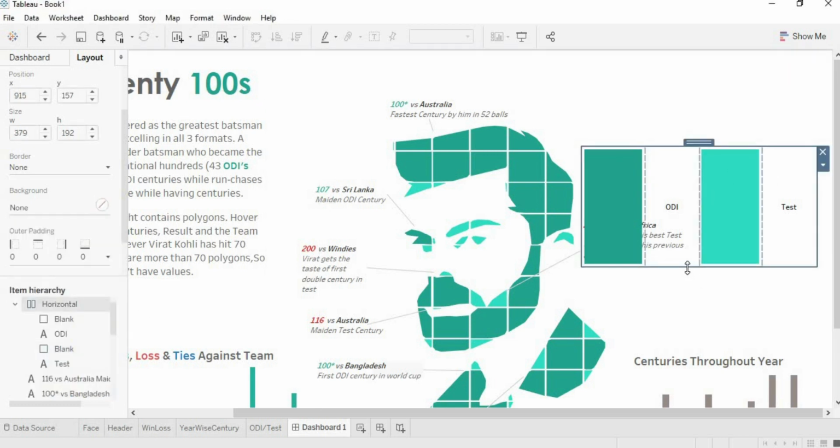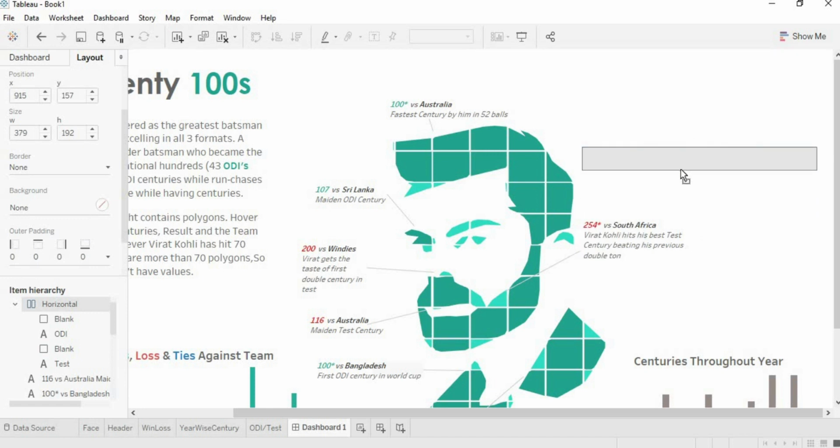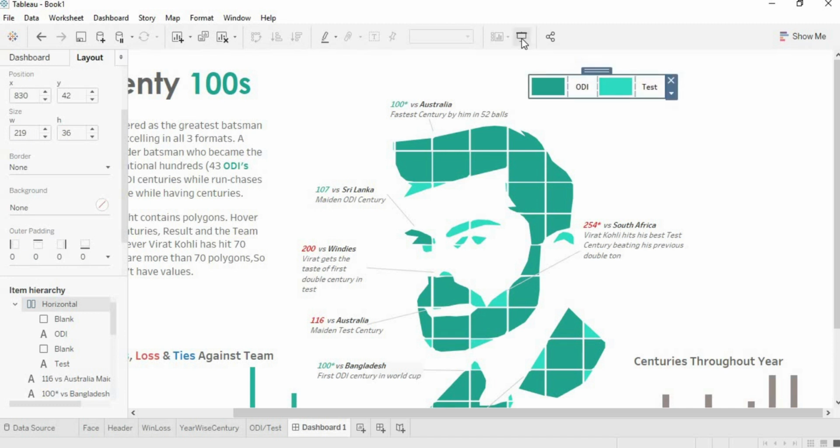Select all, reduce its height and width. That's it. Just have a look.